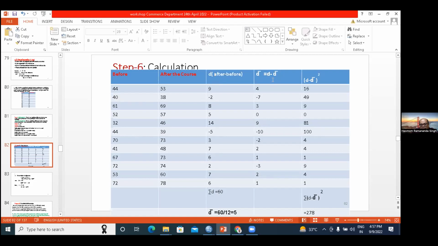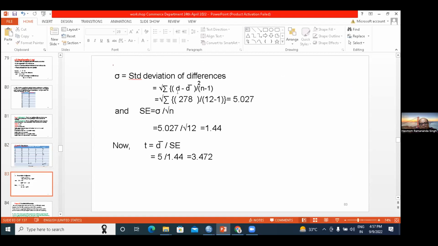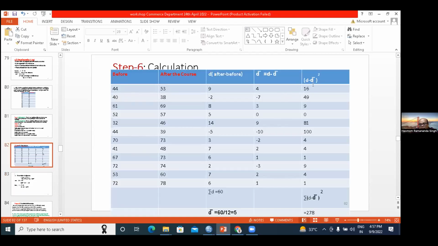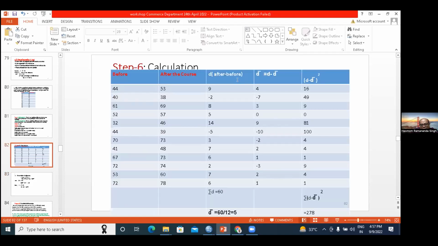Then d minus d bar. So this is the calculation. This is the variable minus the mean difference, similar to your calculation of standard deviation. Your formula requires d minus d bar, so in the table we have d minus d bar. Accordingly we make d, the difference, after minus before. We have a column for d bar, then a column for d minus d bar squared. Ultimately you get the summation of d minus d bar whole square. Now your formula